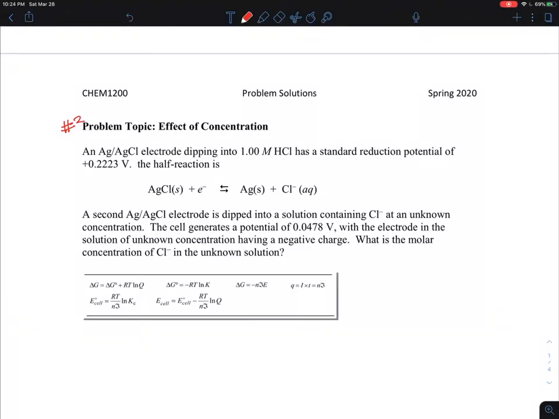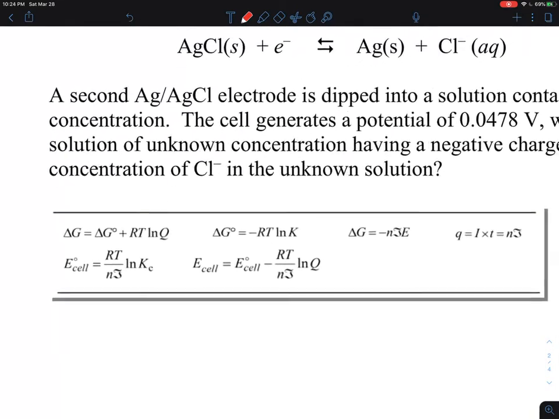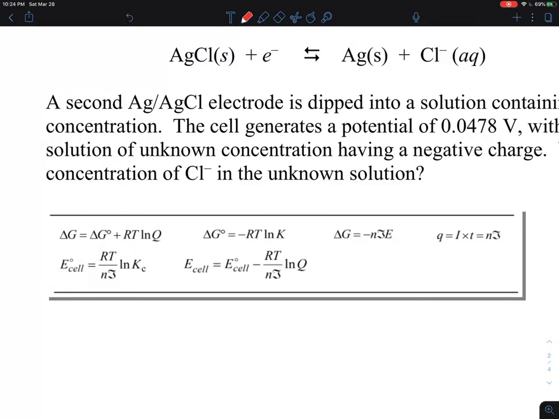Okay, so this is the second topic on electrochemistry and effect of concentration. And this has something to do with what we call the Nernst equation. At the bottom, I have shown you a copy and paste of the exam reference sheet. And the Nernst equation is shown up here. This is a little funny notation, and usually people just write an F. That's a Faraday